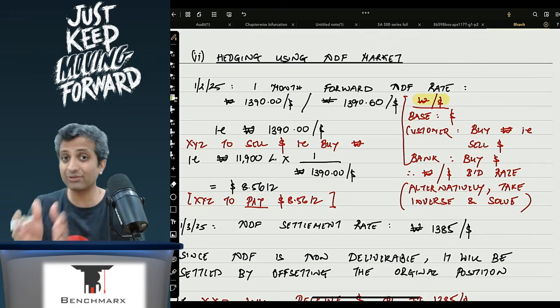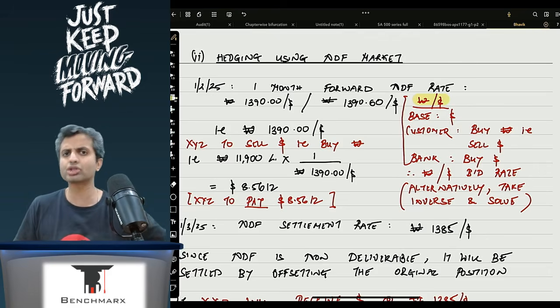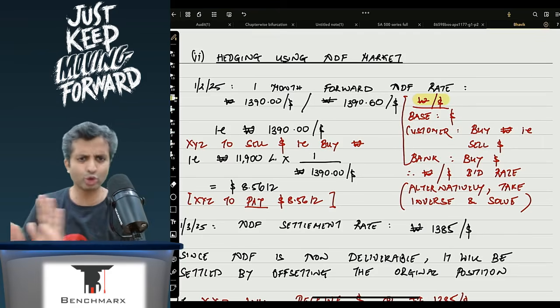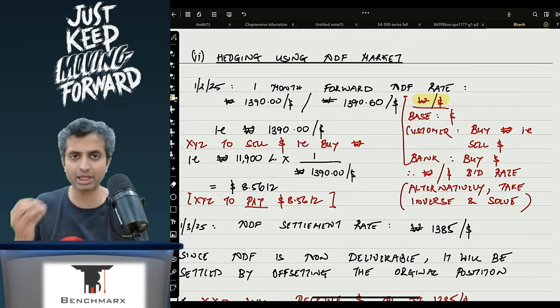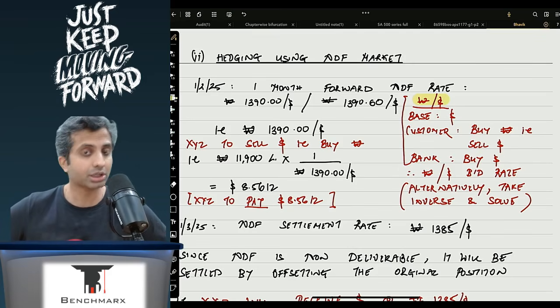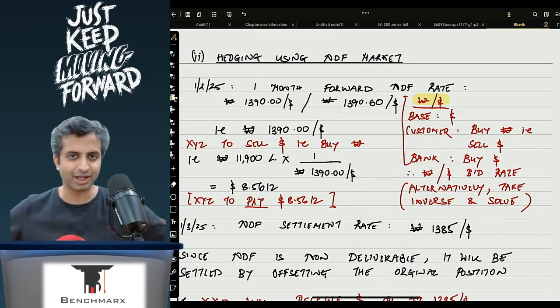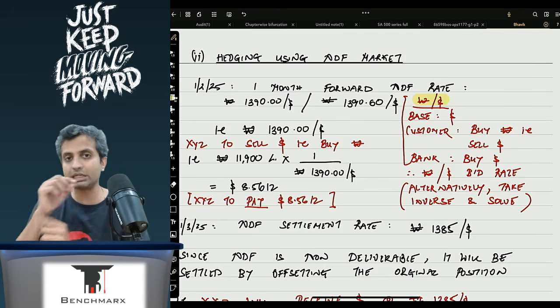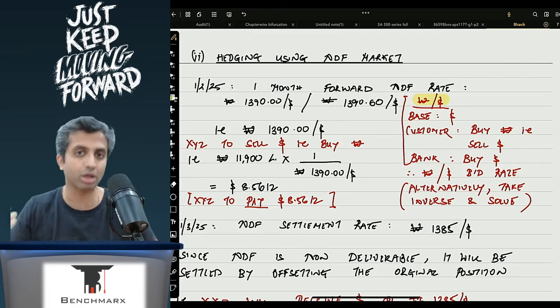But again, if you have done using the base currency approach, if you have done using some other approach like taking the inverse and solving, do it like that, no problem in that. So over here, if I take the base currency, my base currency in the denominator is the dollar. I'll again repeat, I know you can rewind and listen, but if my base currency is a dollar, my strategy has to be in dollar terms.